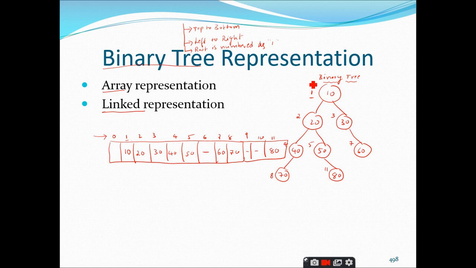So first of all, for the given binary tree you have to give the node numbers, and once you are ready with the node numbers for the binary tree, then you have to allocate the array with sufficient memory locations, and the node number corresponds to the index for which you are going to store the information. Is it clear up to this point? Yes, sir. Right.